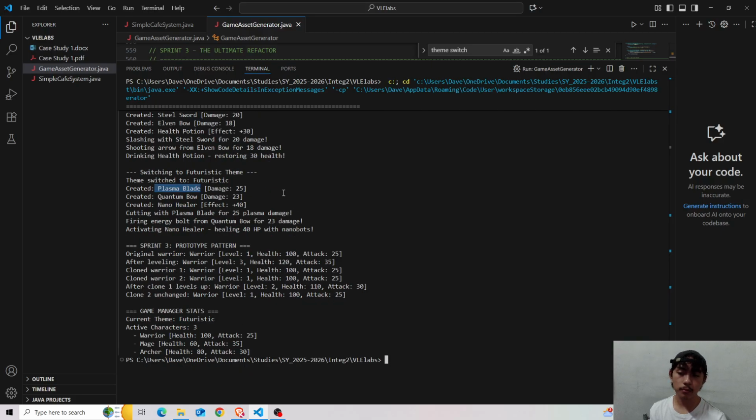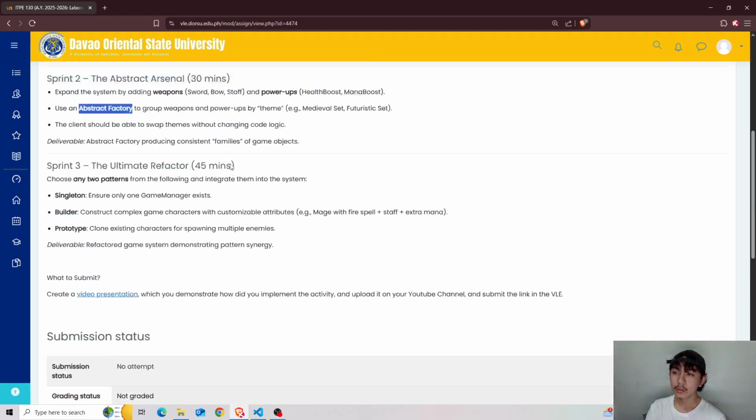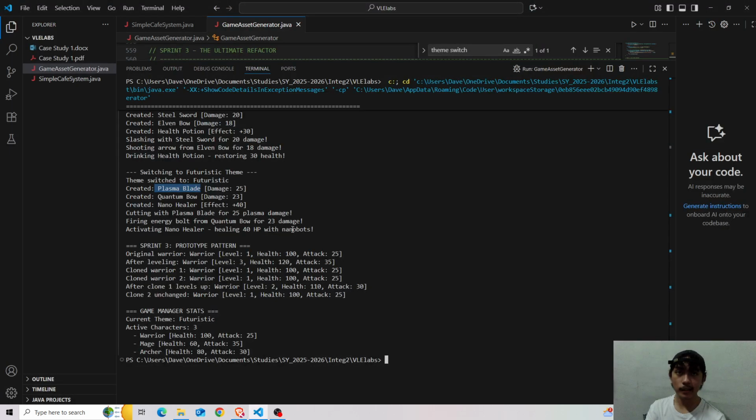For sprint 3, the prototype pattern, we're using a singleton to ensure only one game manager exists, and a prototype for cloning existing characters to spawn multiple enemies or characters.